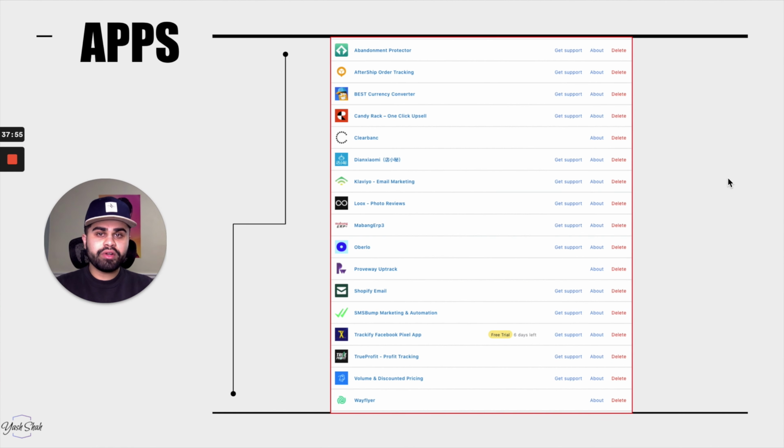Really quickly, I do want to go over the apps I have on my store, at least the relevant apps. First and foremost, we have Abandonment Protector. That is to send out abandonment cart email sequences. Afterwards, we have AfterShip Order Tracking. That is for order tracking. People on the store can actually search for their orders and see where it is, whether it's shipped, in transit,